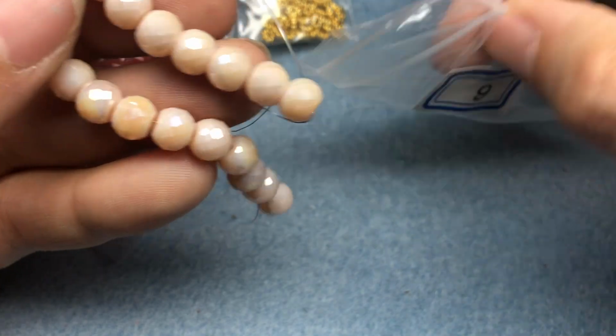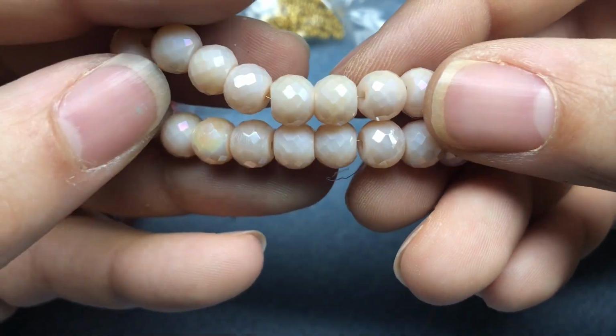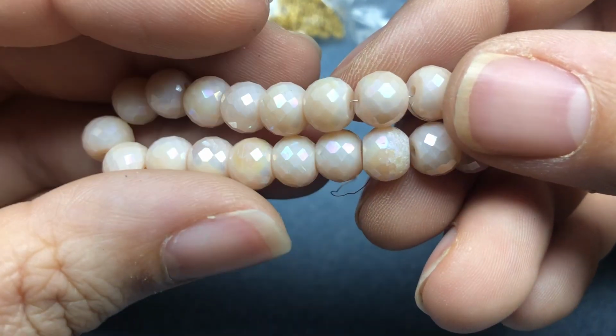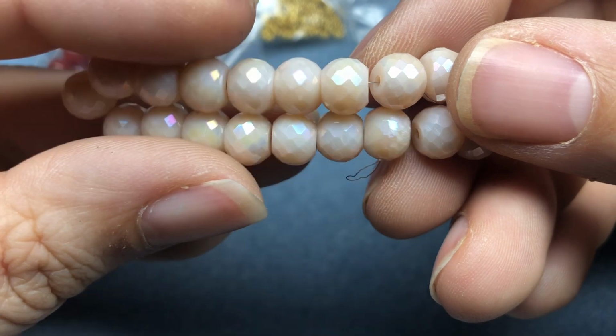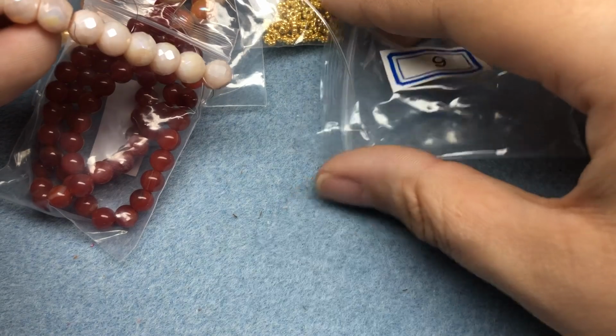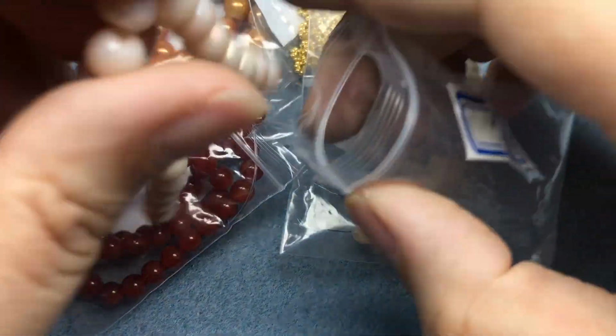These are pretty. This is number 9, 20 piece strand of 8 by 6 millimeter faceted crystal fancy rondelle beads, bisque. Gorgeous. Those are really pretty. I love those. I want more of those. And I think we got enough of those. I don't need more, but